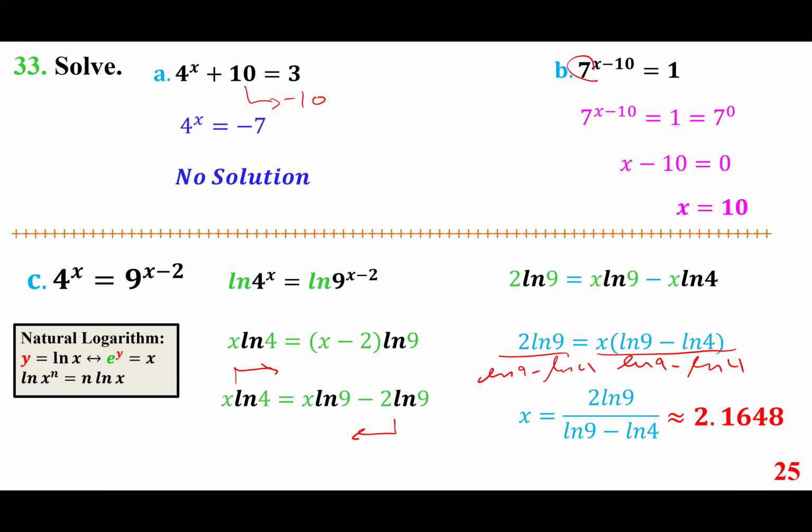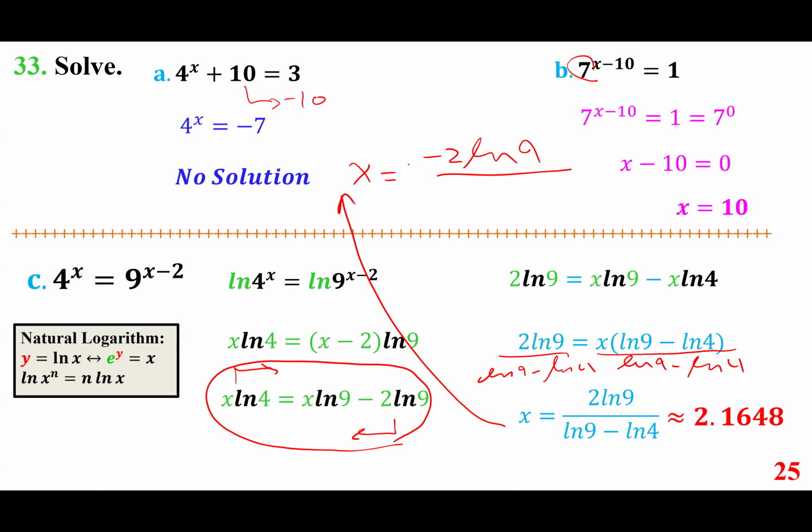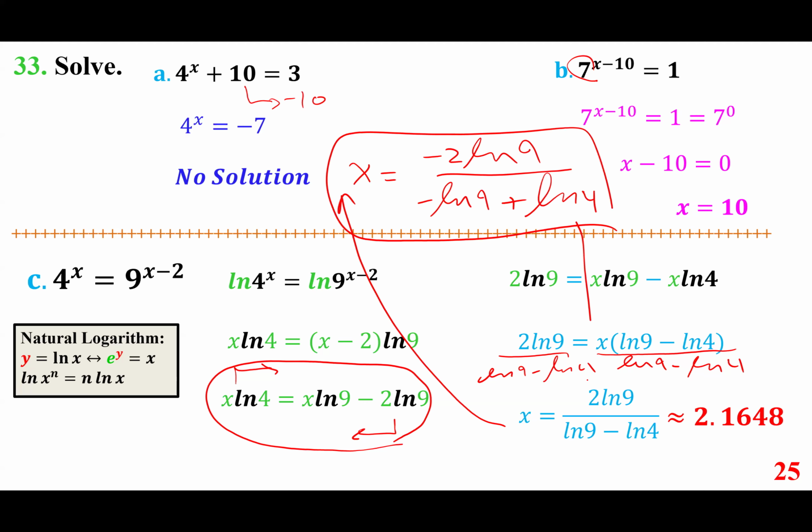Now, I want to go back here. If we moved it the other way, then x would have become, take a look, minus 2 ln9 over minus ln9 plus ln4, which I hope you see is identical to this one. All you have to do is multiply by negative on the top and the bottom. That's one thing I want to make a point of. The second point,